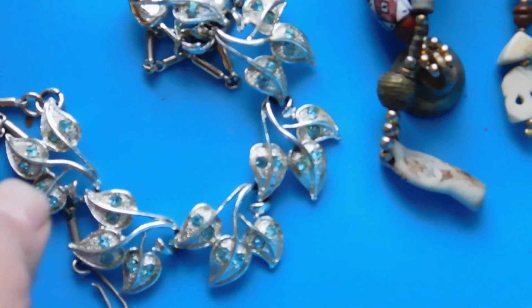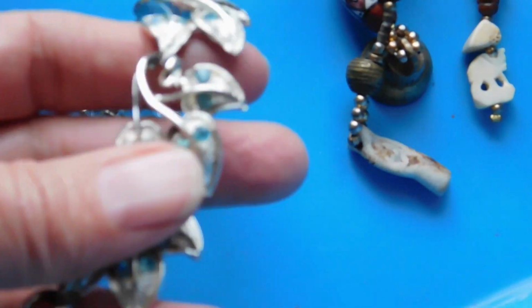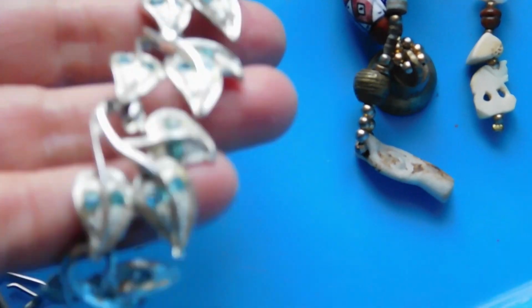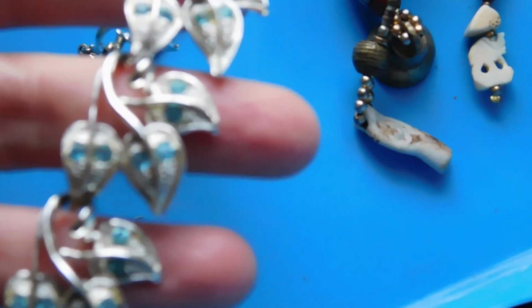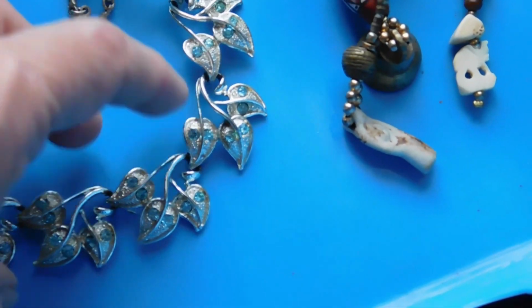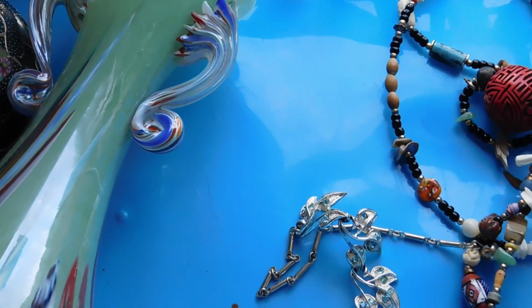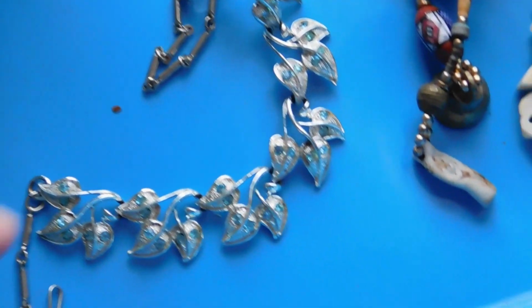For jewelry, we have this mid-century rhinestone necklace with the leaves and the pale blue rhinestones, unsigned. A little adjustable length choker in silver metal. Nice condition. That I listed for $22. And then finally, this,